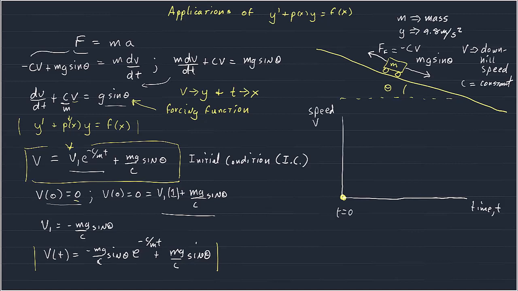And we get a velocity at time t equals infinity of mg over c sine theta. And this exponential decay function, it's an upside down exponential decay function, makes the velocity rise to that terminal velocity. This is our terminal velocity,